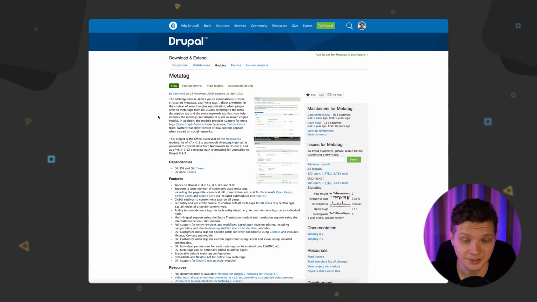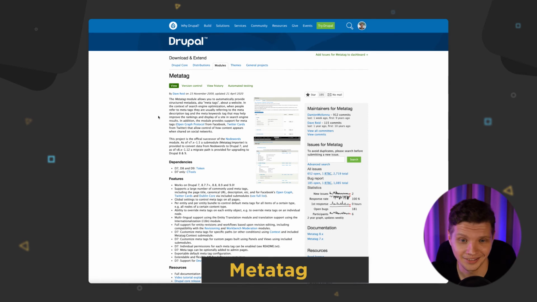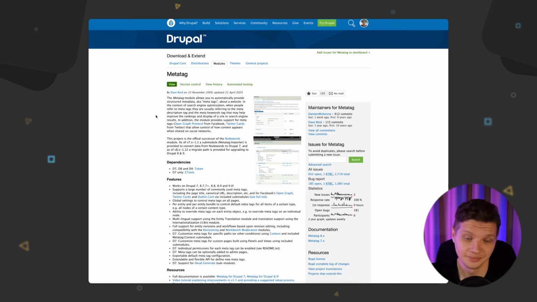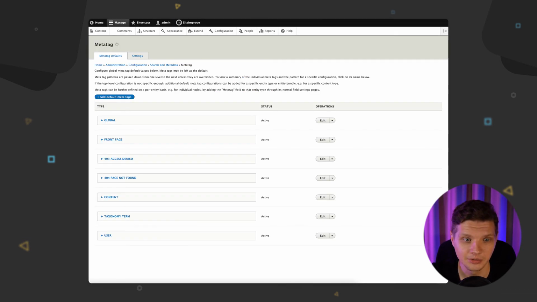So let's start with the module called Metatag for meta tags management. This is kind of an essential part of every Drupal website because every Drupal website uses that module. Well, in our video, we have so many modules that are being used by every Drupal website, including Metatag. So when you install the Metatag and add it to your Drupal website, you will be able to manage meta